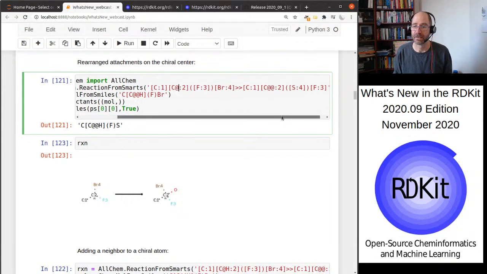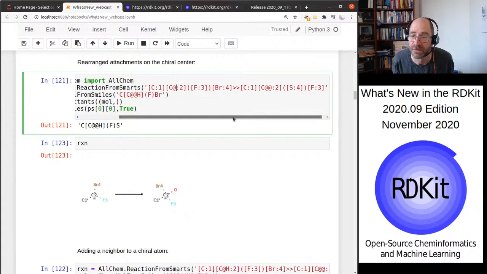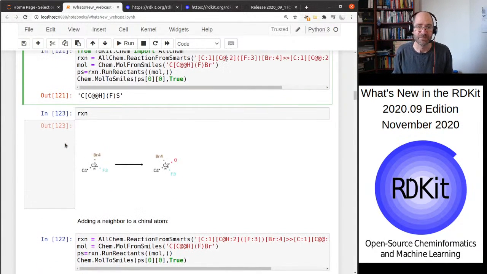The ordering of the substituents on the output changes. So we've added, sorry, the bromine has been turned, oh man, I'm confused now. Interesting. Okay. Anyway, I'm going to skip over that because I obviously didn't spend enough time looking at this before